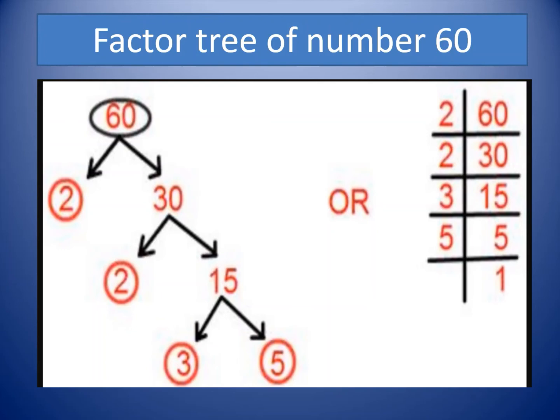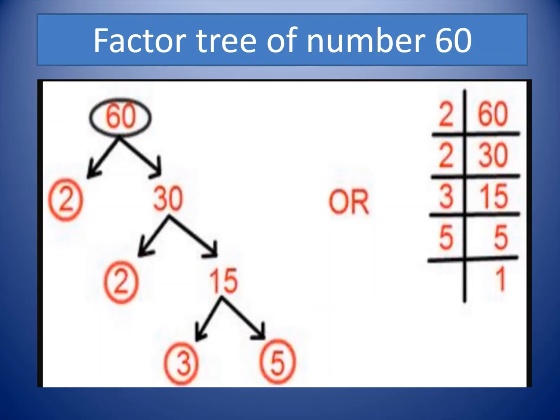Then again we shall divide with the smallest number 2. 2 15s are 30. So there will be 15. Now 15 cannot be divided by 2. So we shall divide it by 3. 3 5s are 15. Then after 5 1s are 5. In this way we shall take the LCM that is at the right hand given to you. Then after, with the help of this LCM, make a factor tree. It's very simple. You will write that 2 multiply 30.